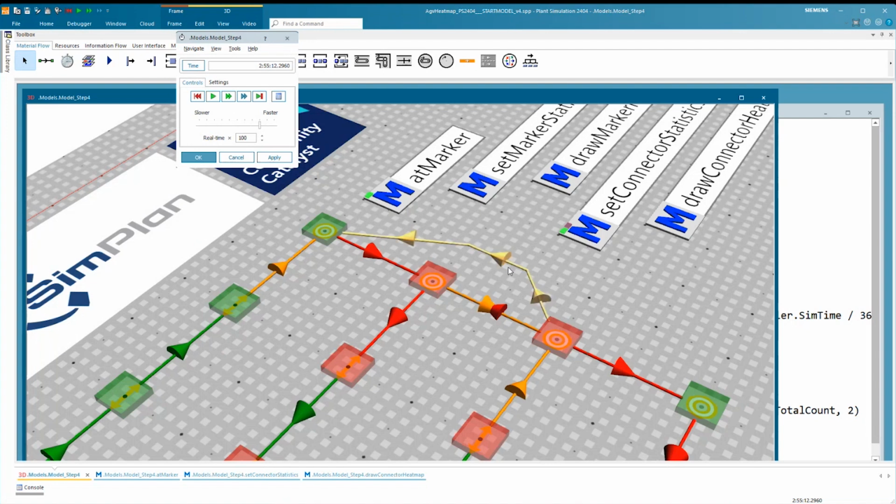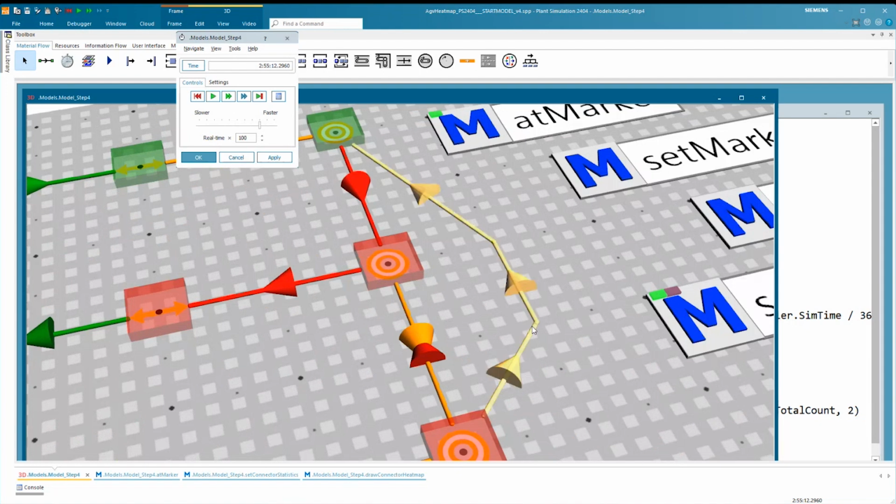So this is actually a good question, because this will not make the AGV drive along this connector, so drive like a curve, right? You have to remember that the connector is only saying that from this marker to this marker there is a connection. The AGV will always take the direct shortest path, maybe considering its curve radius, but it will not follow the shape of the connector. But yeah, you could use something like this.